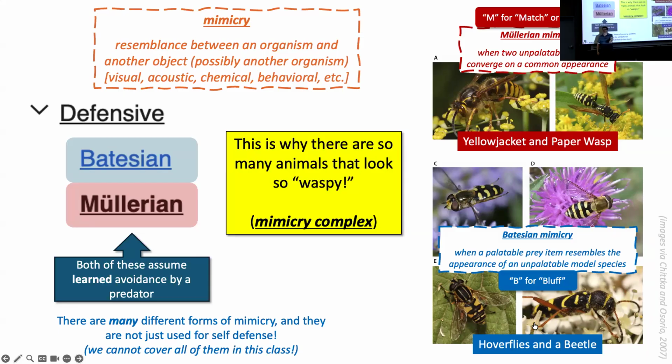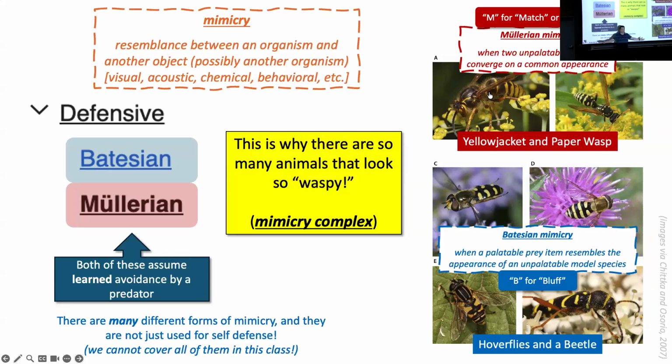Absolutely. It's going to decrease because of the dishonest signaling. That's exactly right. So you start out where yellow and black stripes are informative, like that's bad, yellow and black stripes. But then suddenly everybody is wearing yellow and black stripes. So now very few individuals in the population will have yellow and black stripes actually signaling that they're bad to eat. And so selective pressure will then end up making the predator pay less attention to yellow and black stripes,